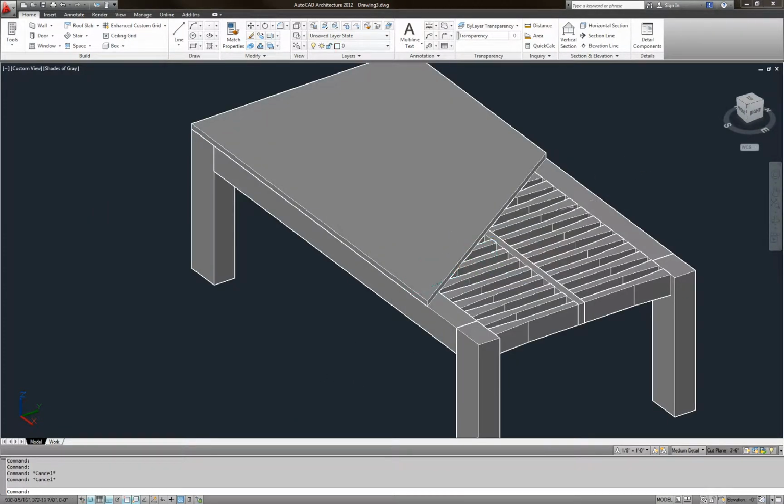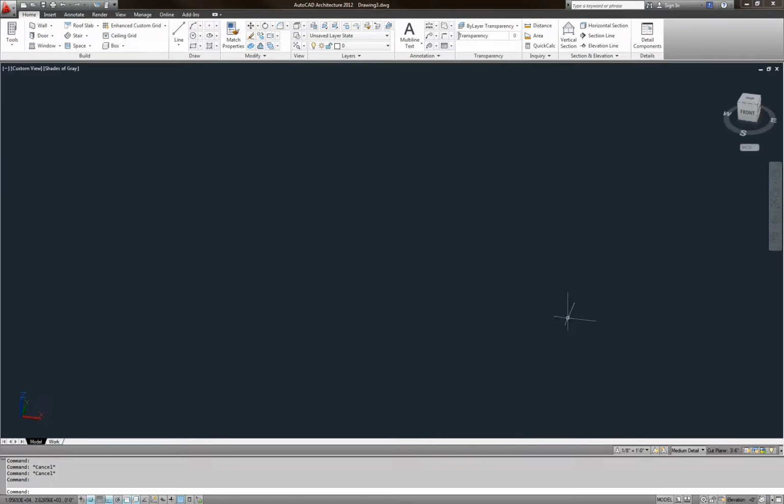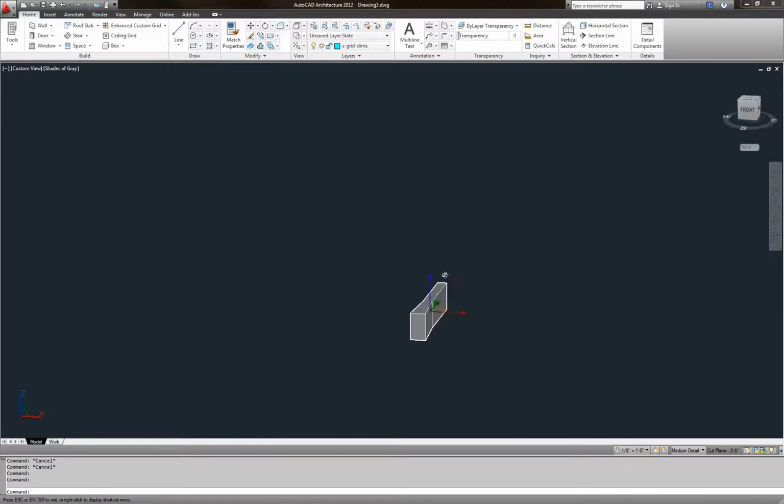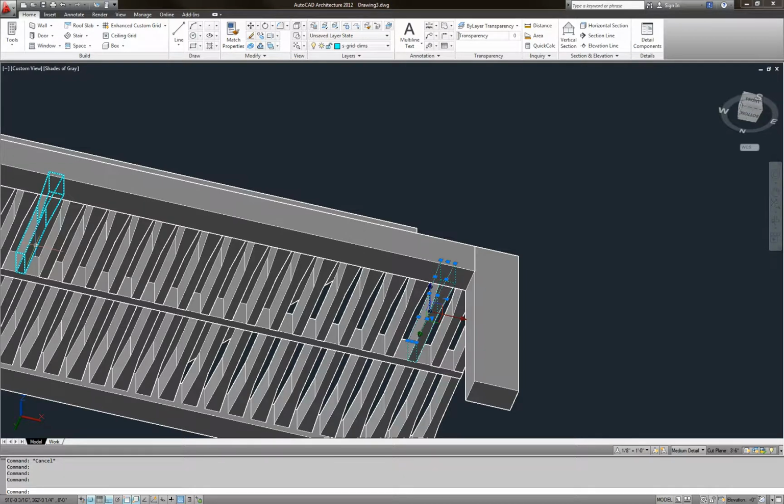Also, we're going to do some cuts, we're going to cut the slab, so you could see the joist in here. This student simply extruded the drawings. And if you look at the drawing itself,